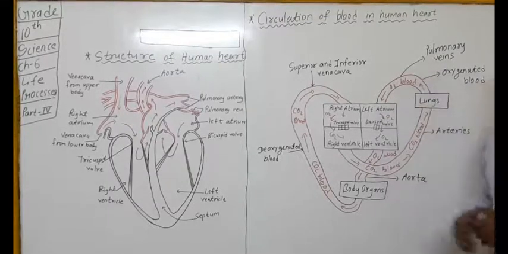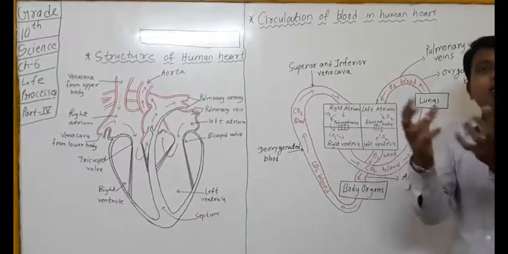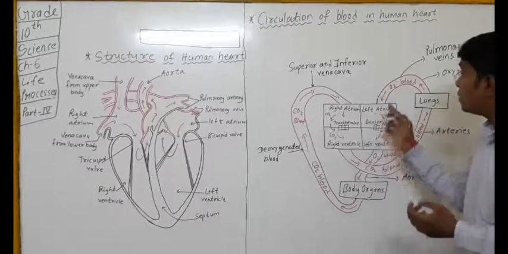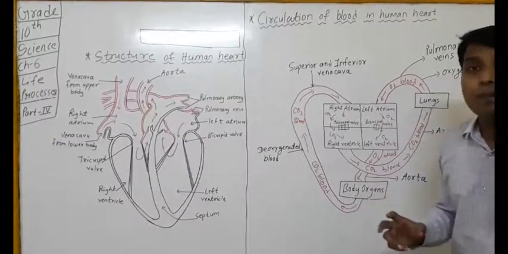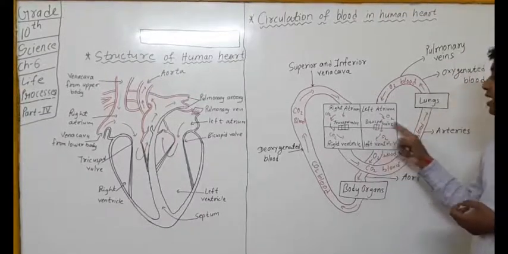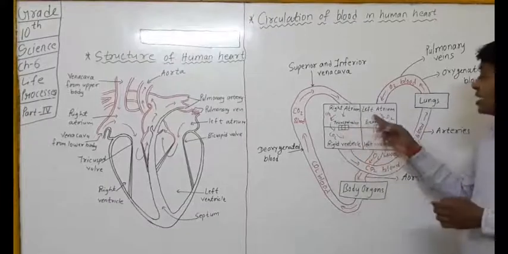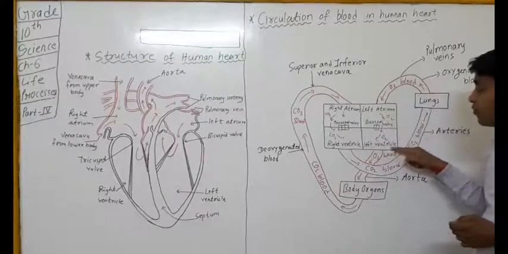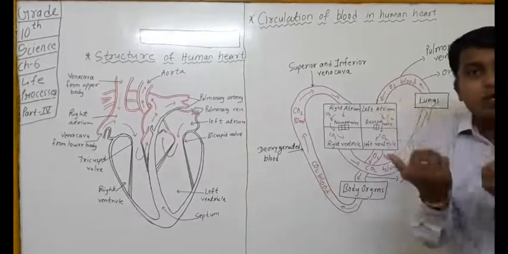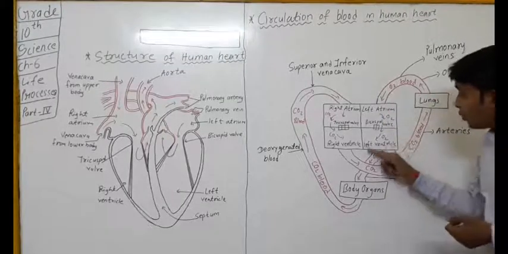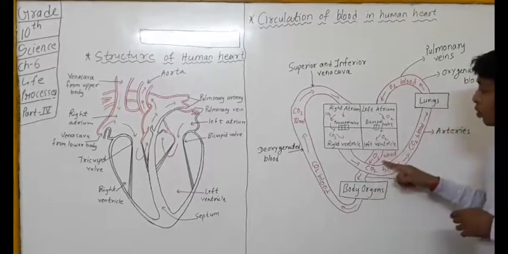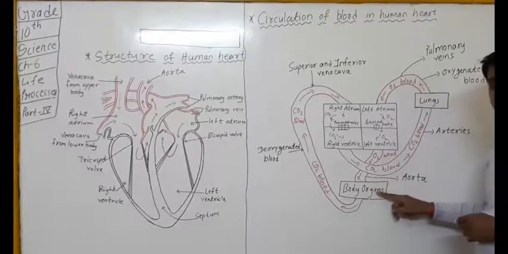Now when the blood enters the left atrium, it relaxes. Its wall gets relaxed and allows the blood to come inside, and when the left atrium becomes full of blood, it starts contracting, and due to its contraction, pressure is exerted. Due to that pressure, the bicuspid valve opens, and the blood in the left atrium gets transferred into the left ventricle. Okay, now the walls of the left ventricle become relaxed and allow the blood to come inside. Now when the blood becomes full in the left ventricle, its wall contracts. Due to contraction of its wall, the O2 blood is transferred to the body organs by the aorta.